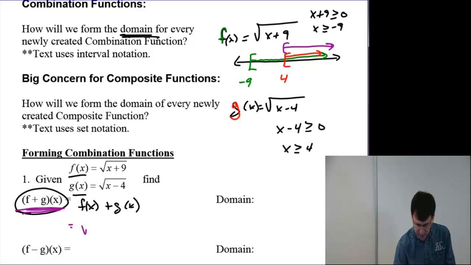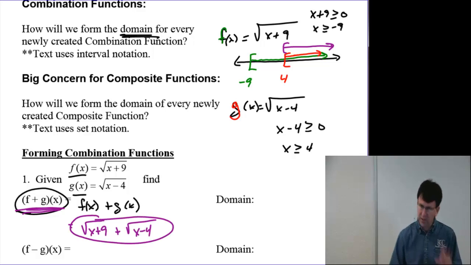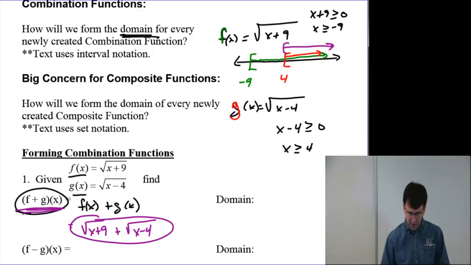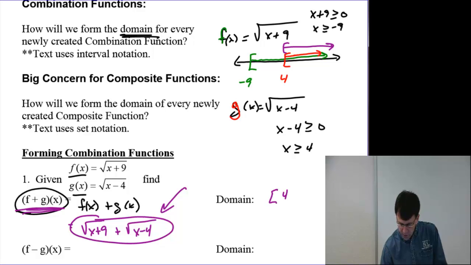Let's not overthink that part of it. It's just take the square root of x plus 9, and let's add the square root of x minus 4. Let's not overthink it. There's nothing here that can combine because they're all living inside the radical sign. It's just a radical plus a radical. But my domain, this combined function is only going to work on the interval